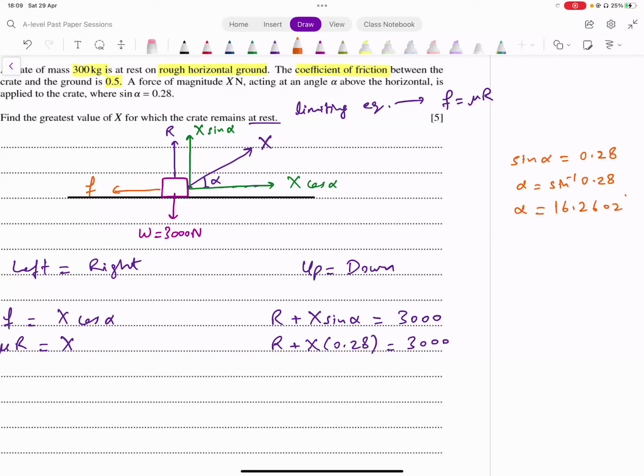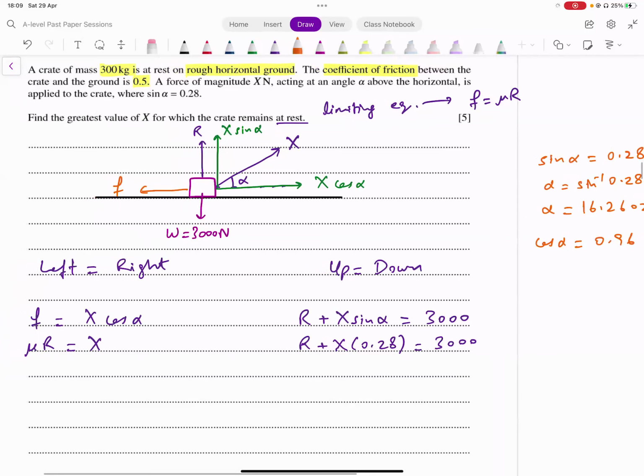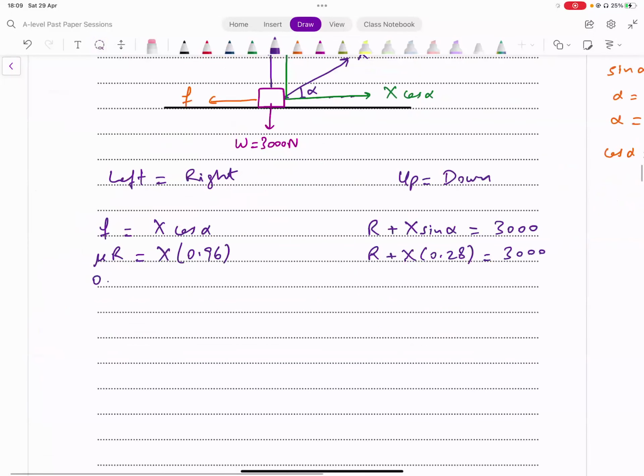Sin inverse of 0.28, that is giving me 16.2602. Okay, अब मैं क्या करता हूँ, इसका cos alpha फाइंड कर लेता हूँ। cos of this angle, calculator value use कर लें, cos of this angle turns out to be 24/25, which is giving me 0.96. Okay, तो cos alpha की वैल्यू यहाँ पे इनपुट कर देते हैं, that is supposed to be 0.96. ठीक है।